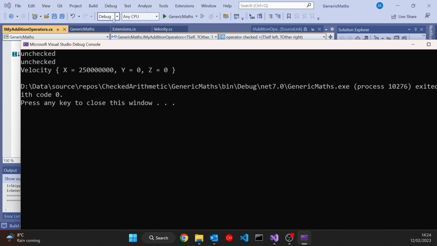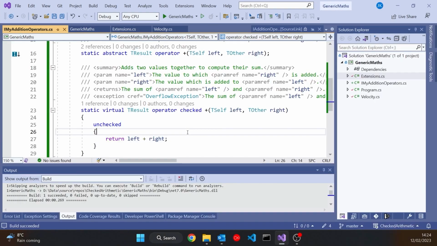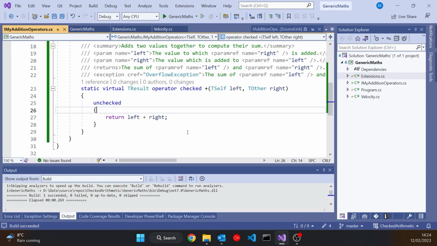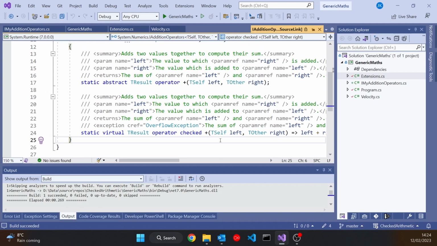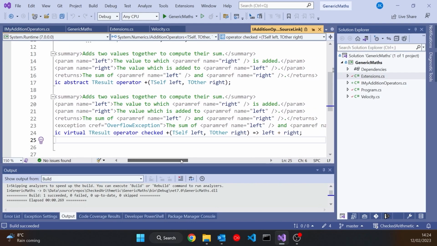So in the debug build, we start out checked, but then we explicitly switch to unchecked, and it's all working fine. So it's not a difficult problem to solve, except for this one fact that in the actual standard library code, it didn't need to be solved. It wasn't there at all. So although you can get around it, we've still got the question: why does that code work without having that switch from checked to unchecked?